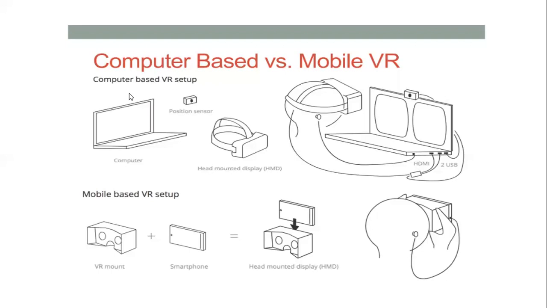computer-based VR setup, as usual, you require a computer or a laptop. And with that, what are the two things you require here? You require an HMD, head mounted display, and a position sensor. Because if I'm using a laptop, I can go anywhere, sit at my home, or be with my friends. But I have to make sure my position sensor is perfectly working and connected, so whatever I'm doing, there should be connectivity of these two things to the laptop.